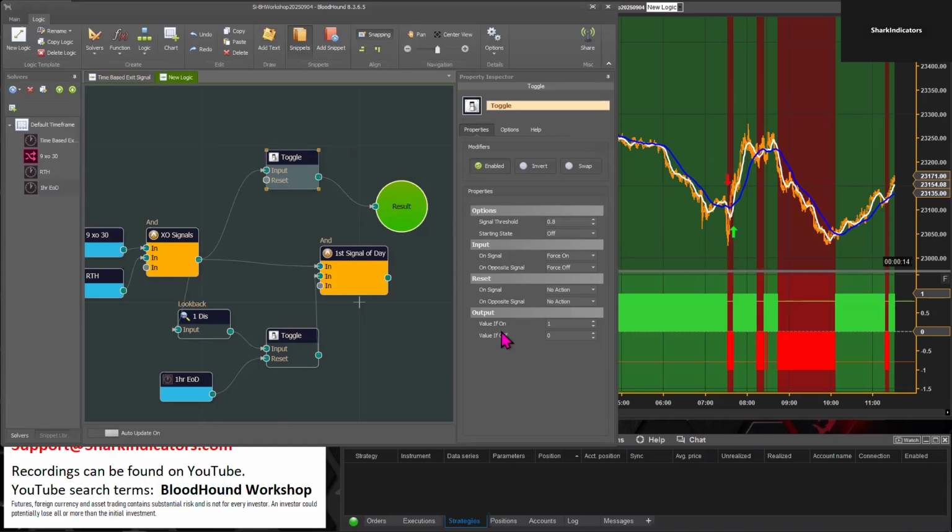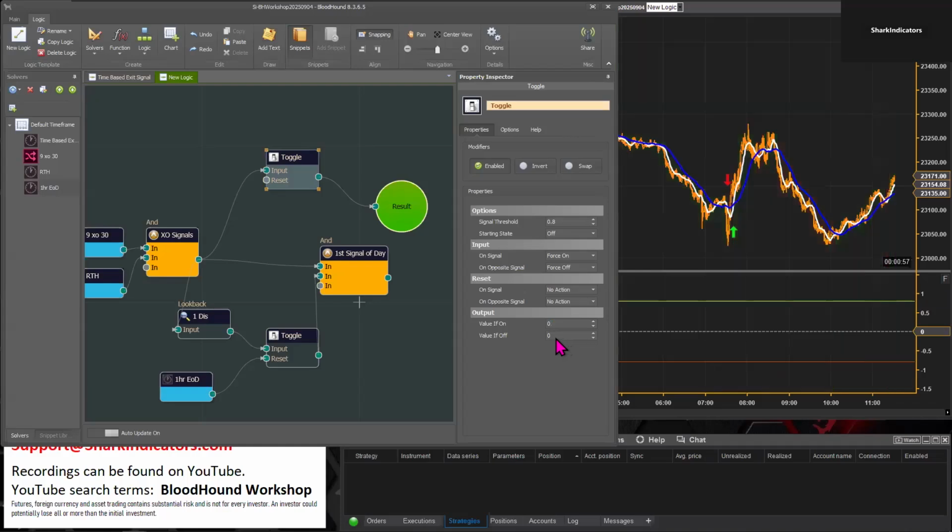All right, so the outputs here. We could reverse everything. So if the toggle node is on, we're seeing that output. But if the toggle node state is on, we could actually set that to 0, and then